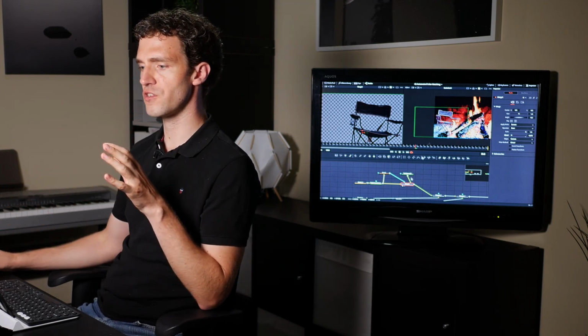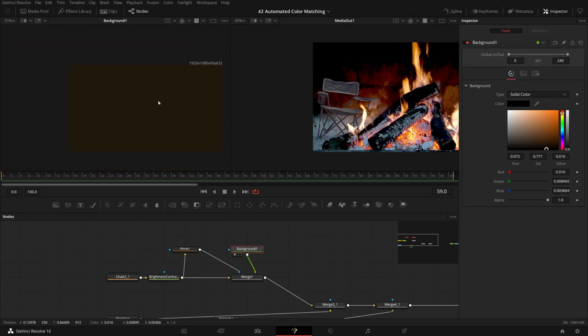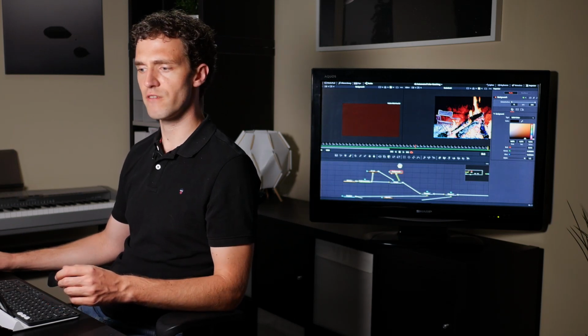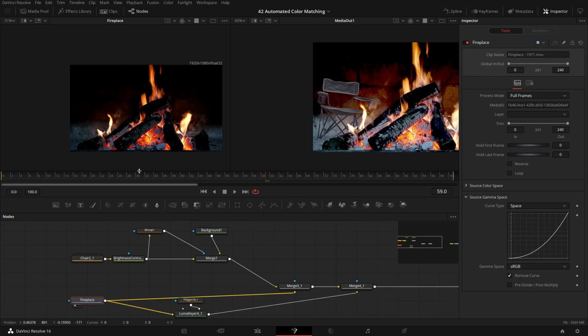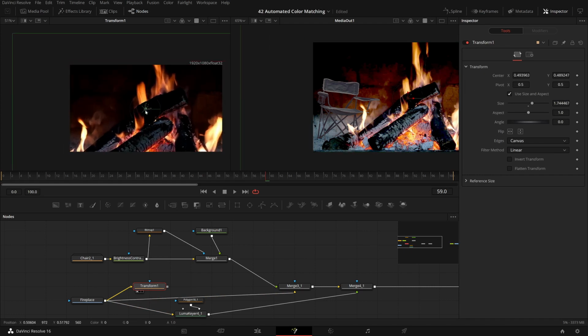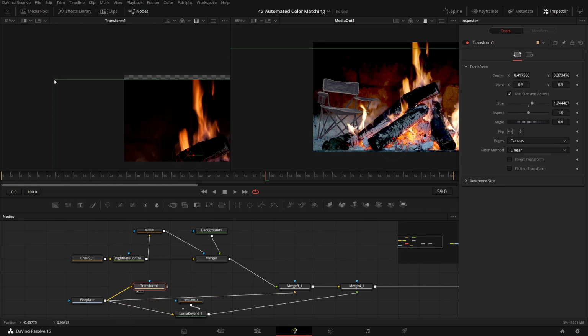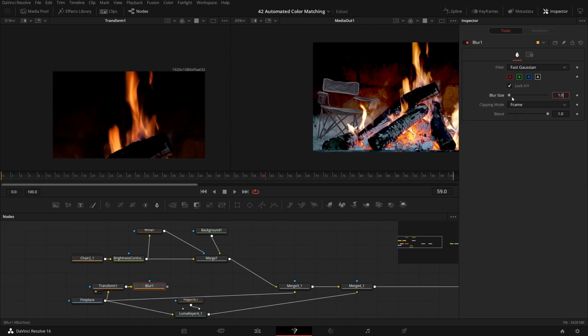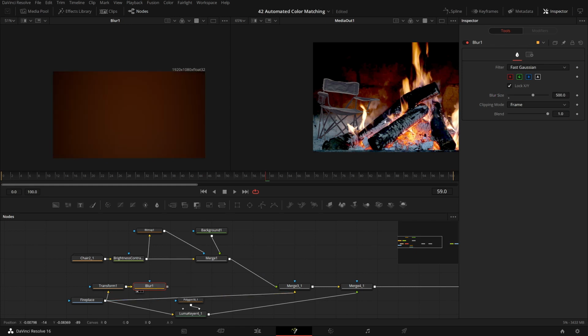Two options. Right now I have a static background, right? One option could be to replace this background with a representative part of the original image. Could work. So what I would do is take my original fireplace, maybe transform out some part, focus on the actual flame just by zooming, and then put some really intense blur on it. Here maybe 500 or something really, really large.